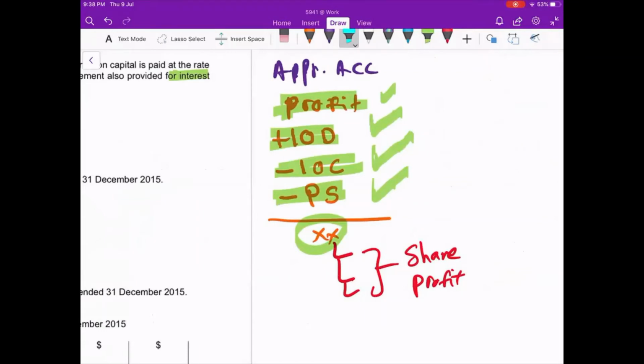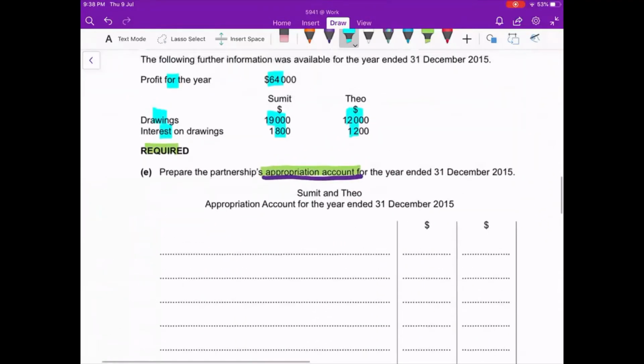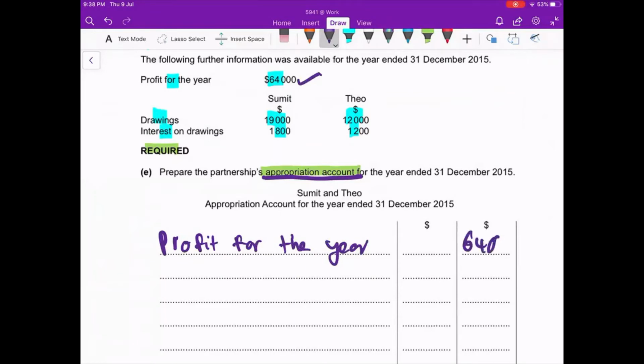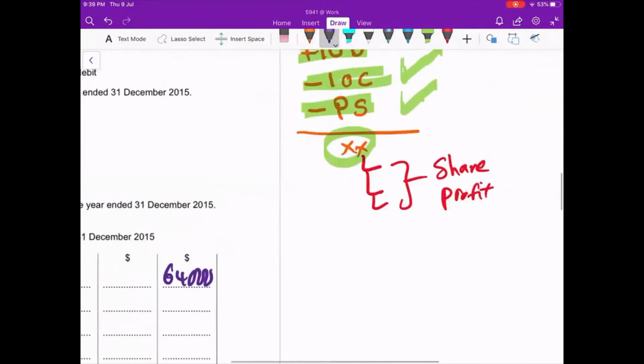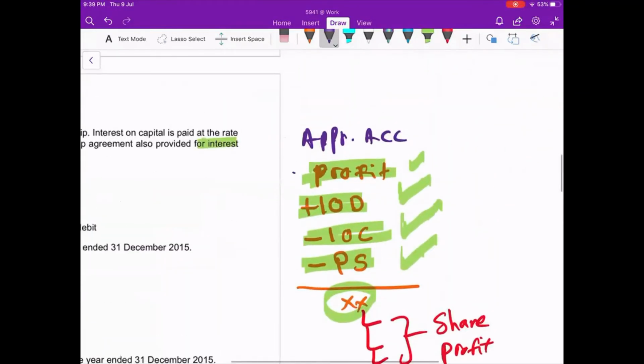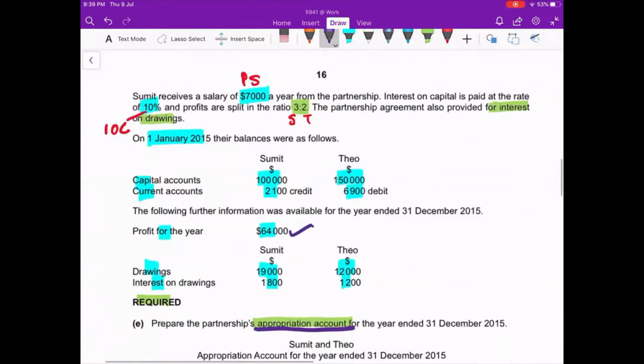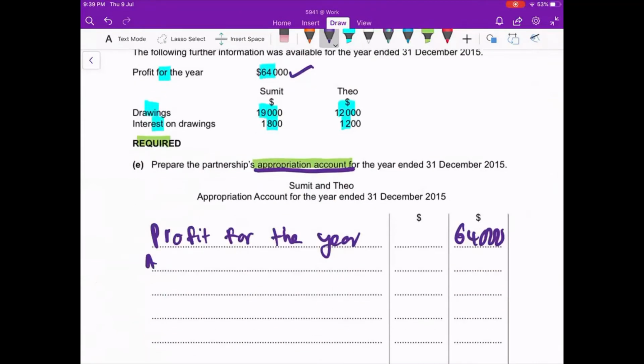Profit for the year. So I go here, I start with profit for the year. How much is your profit for the year? My profit for the year is 64,000. And then you remember the format? Profit for the year plus with interest on drawing. Plus with, so I go here, I write add